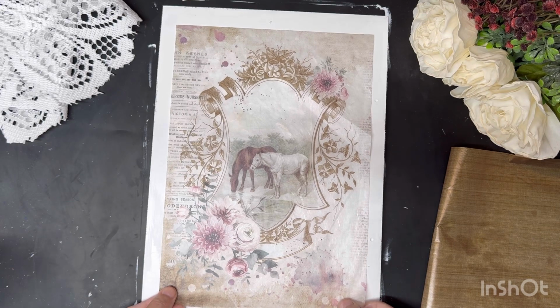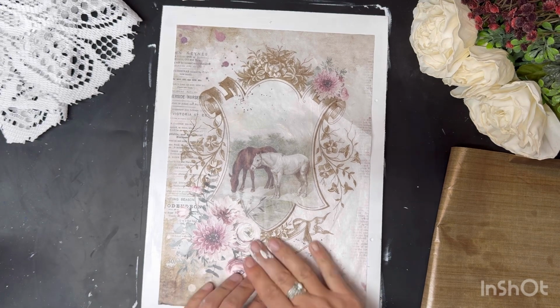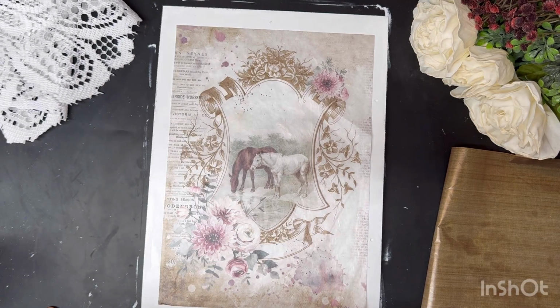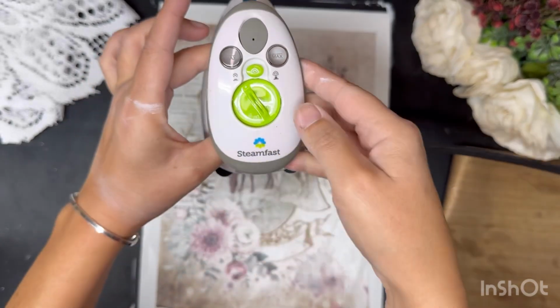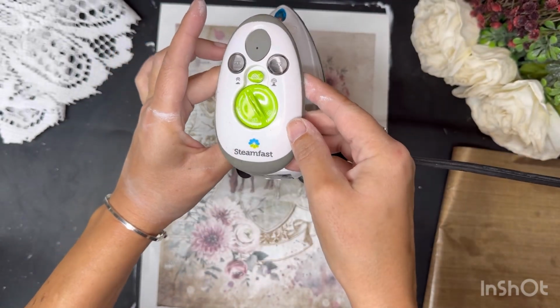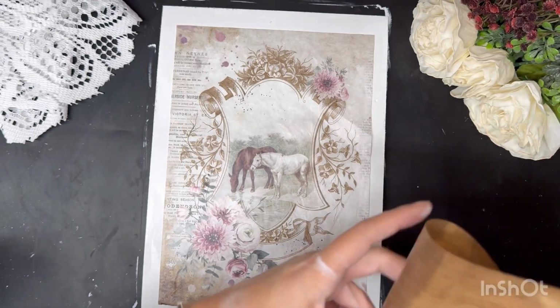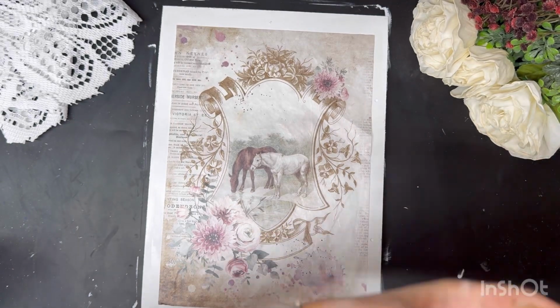Once I find my center, I'm going to lay it down. Again, it's still not stuck down at this point. You can move it. I'm going to take my little iron and make sure that it's on and heated and there is no steam. Next, you can take parchment paper. I don't really recommend using wax paper,